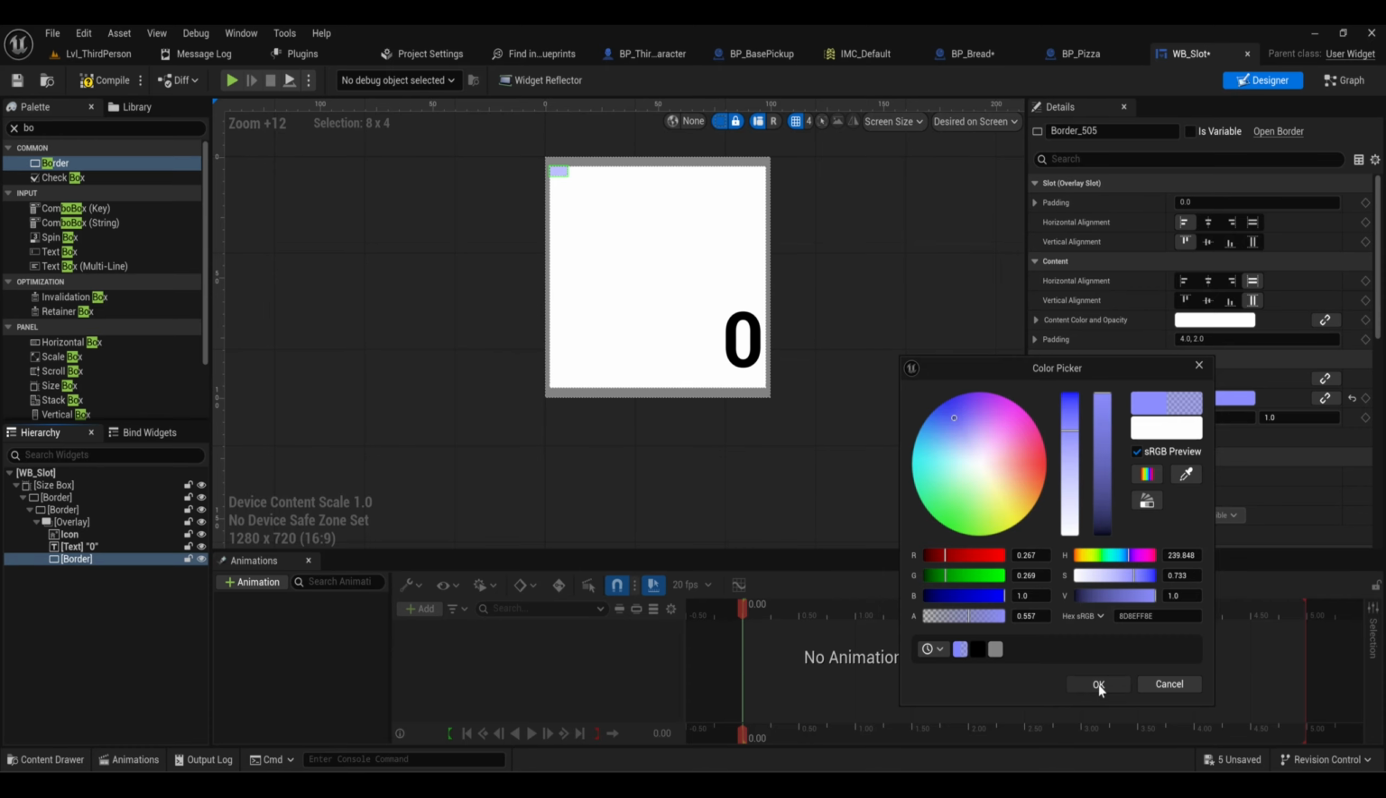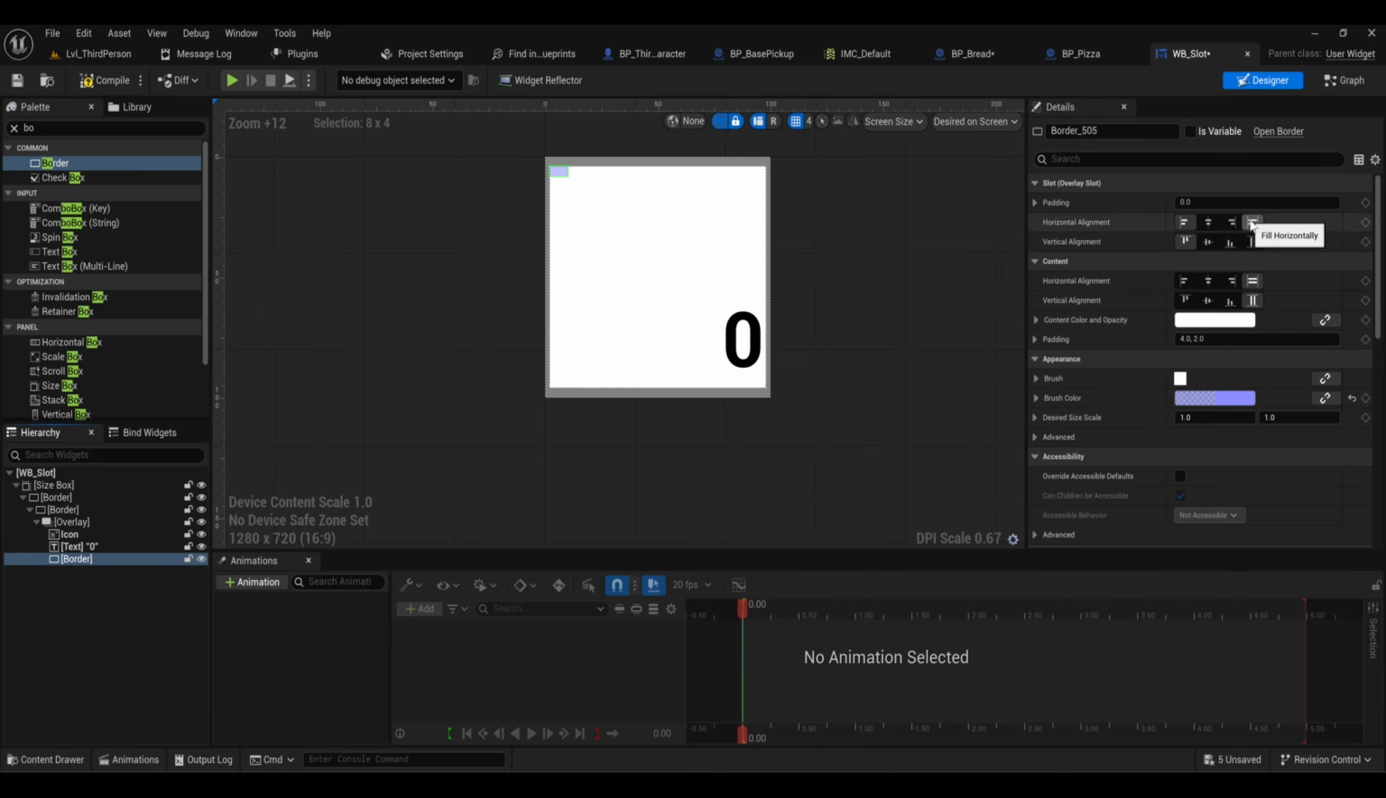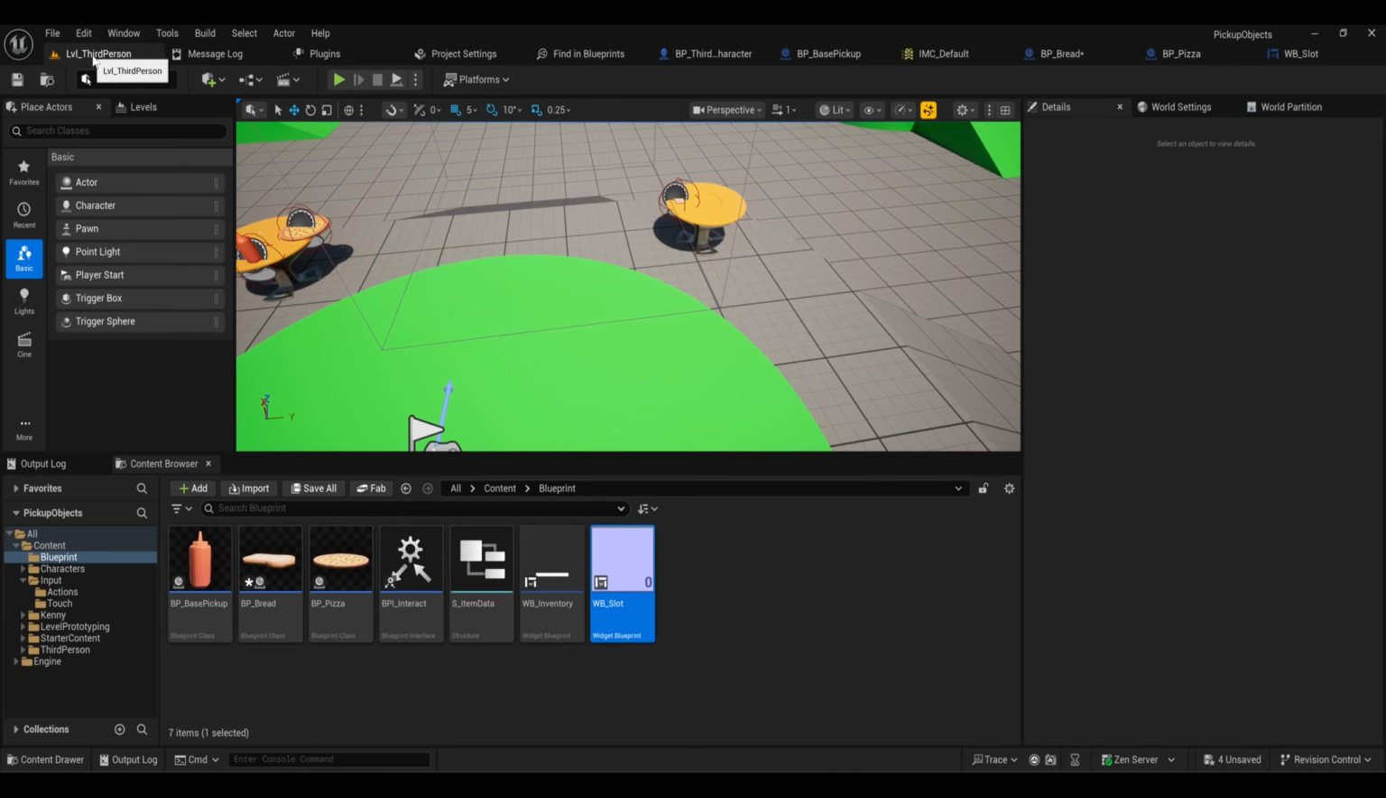And I'm going to also select fill horizontally and fill vertically. Now don't worry that this is blue at the moment. It'll become clearer later on why it's like that. So compile and save. I think what we're going to do next is look at how we transfer our data between the actual object, the pickup object, and the third person character. So what I'm just going to do is click back on level third person to get back to the main